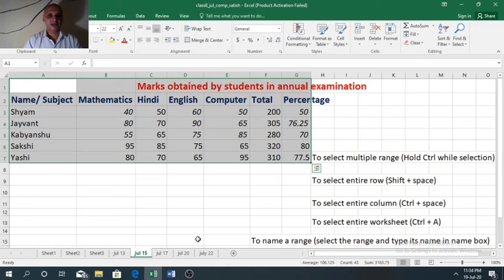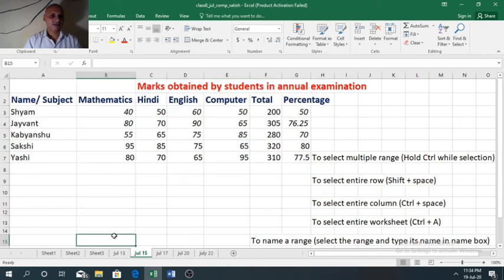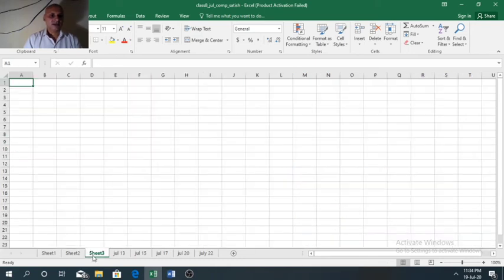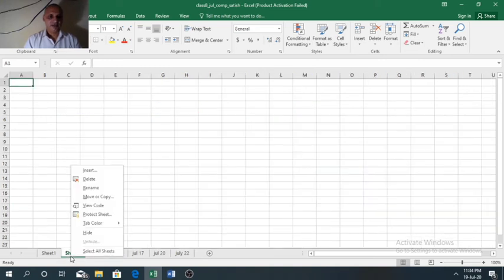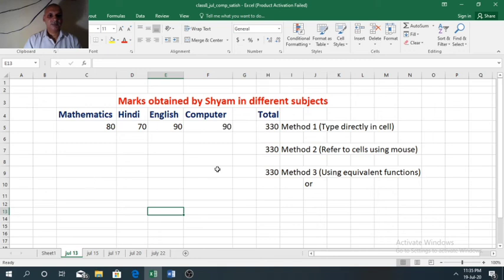Now that sheet is deleted. Suppose we want to delete sheet 3. Again right click, delete option, deleted. In the same way we can delete sheet 2. So this is the method of deleting a worksheet.